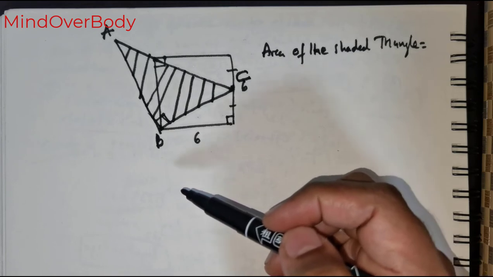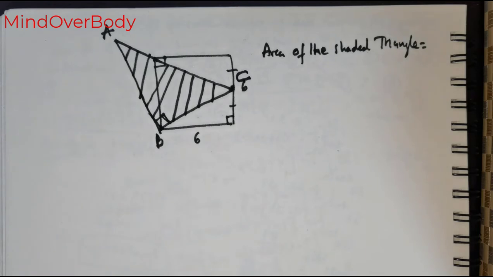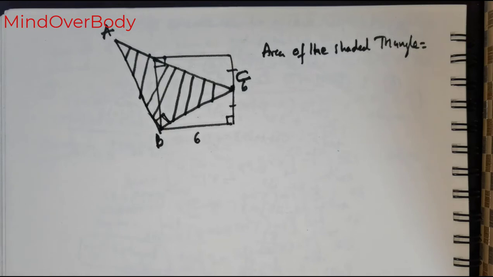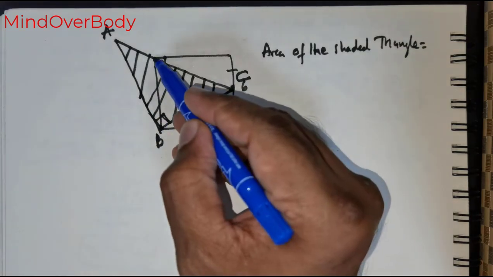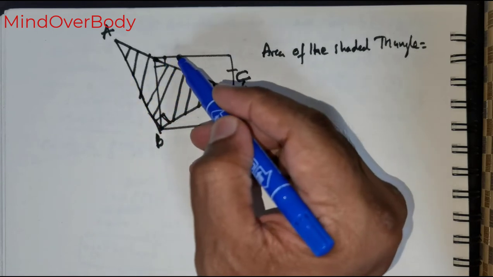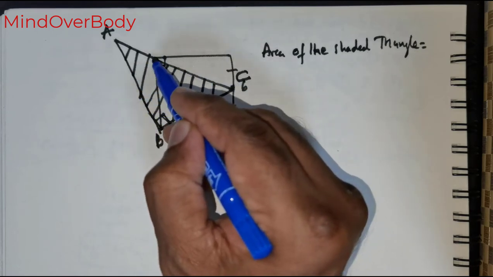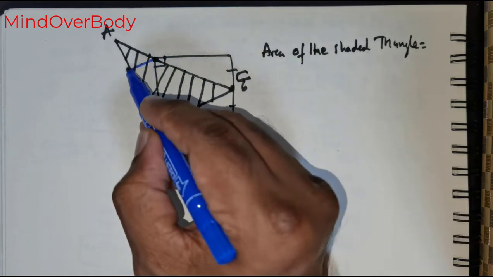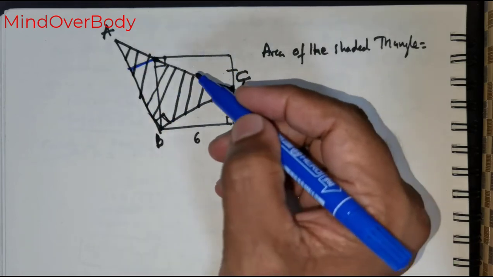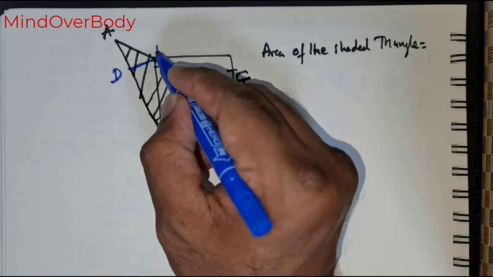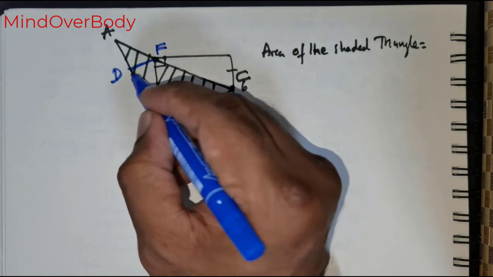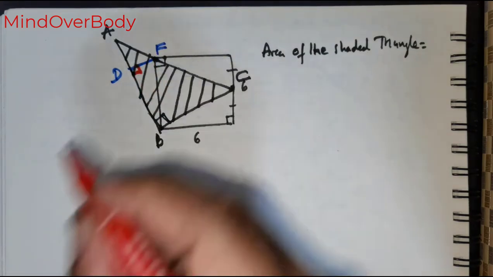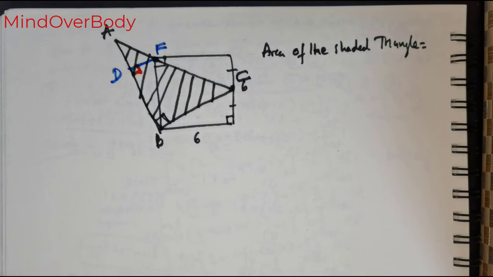Now what I wish to do is I would like to drop a perpendicular. Now this is 90 degree, right? I would like to drop a perpendicular from this point to this point. Alright, so if I were to drop a perpendicular, so this is the perpendicular dropped, and let this be D and let this be F, and this is 90 degrees. Okay, so having got that,